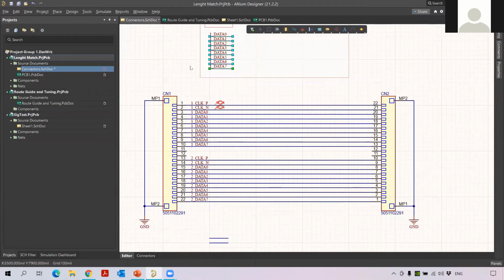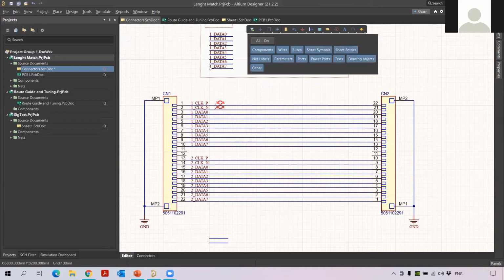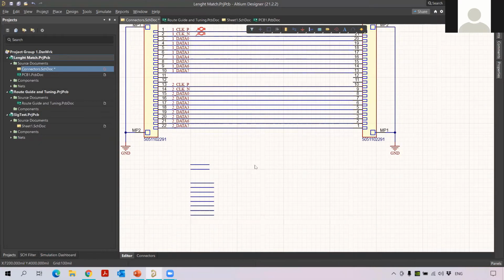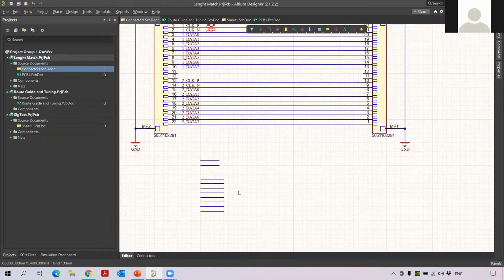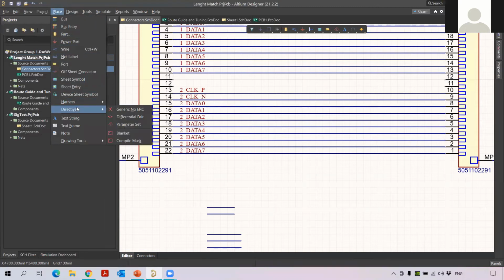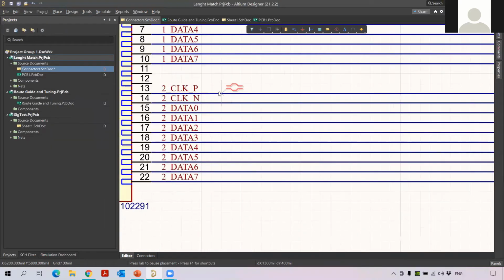Okay, why I'm doing this is I'm going to do this for the same clock. Here I have channel 2. So I'm going to copy this for channel 2 and apply it, and show you how to create the length rule and the net class in the schematic itself. Before that, let me see in channel 2 here, I have a differential pair net class. So this is a differential pair nets. I need to place the directive here. So I go to place directives, differential pair. Then I just place the differential pair here.